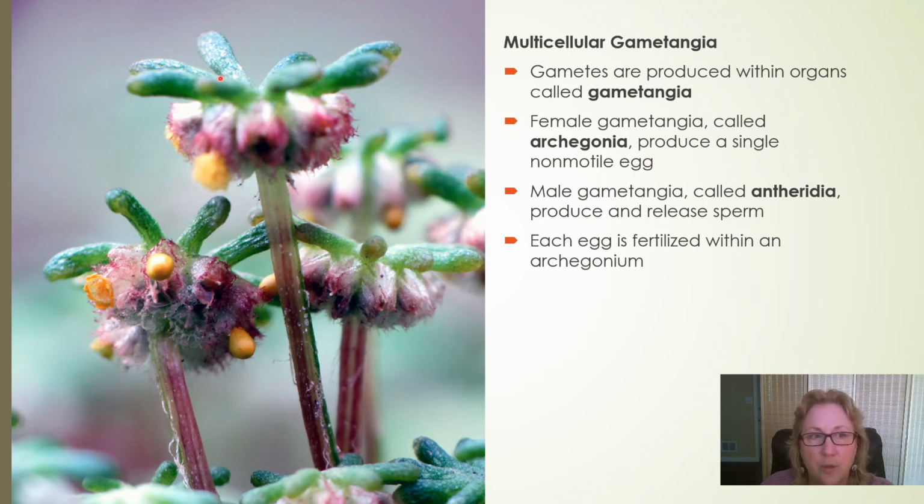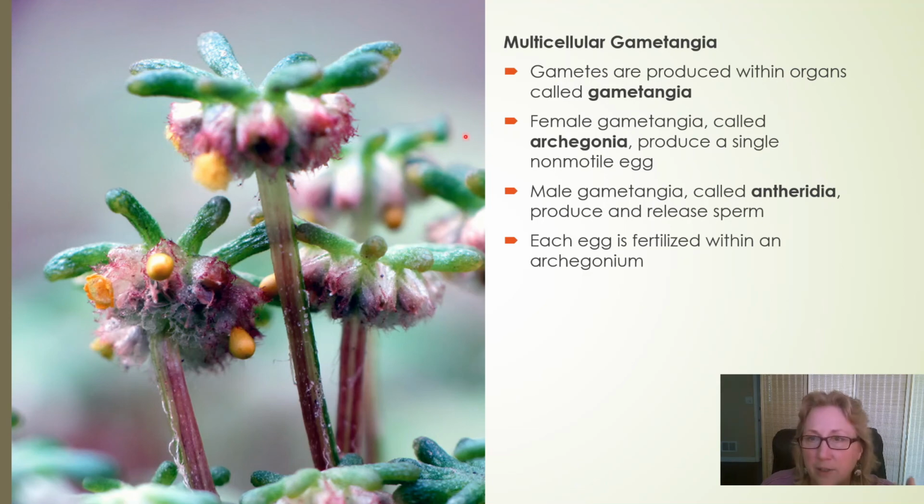So this green tissue up here that you see is gametophyte. This happens to be the female gametophyte. Each one of these little cups here has an egg inside of it. If it gets fertilized by a sperm, then the little embryo will grow and the sporophyte will grow. And this little brown thing here, a yellow thing, that is the sporophyte. That's as big as it gets. That's all it is. Meiosis occurs in here, and then haploid spores are released.